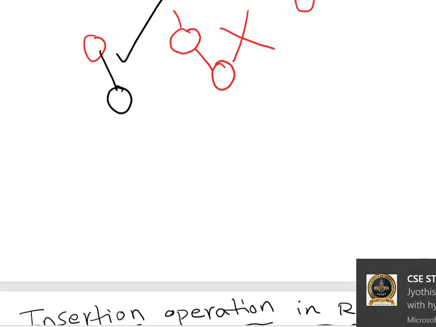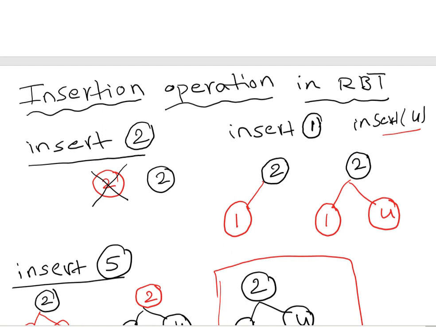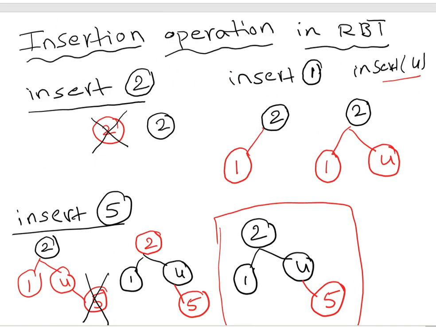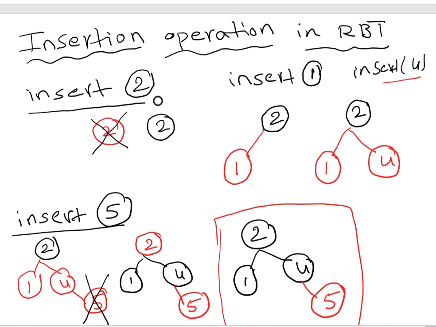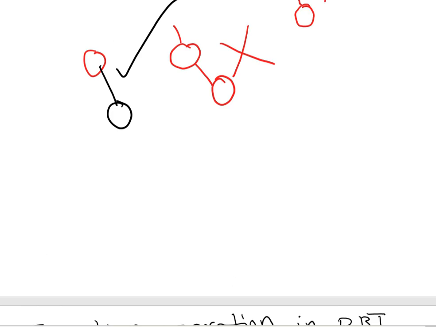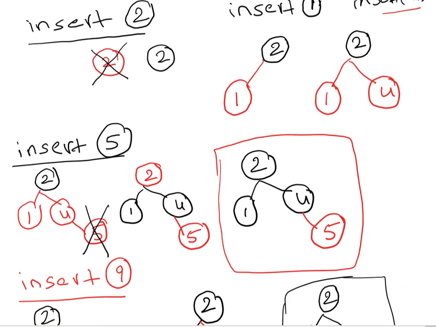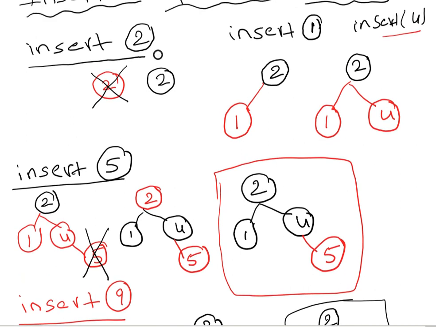With this, what are we trying to do? We are performing the insertion operation now. Yesterday we have seen the example of a red black tree. This is a red black tree. Now we are trying to insert into the red black tree. First we have inserted 2 as a root node, because the null node should always be black. See this rule. Every leaf node, null, is a black node. So if you insert a new node, it should be black. So 2 is black here. Then I am inserting 1. Simply I am putting 1 on the left side as a red node.